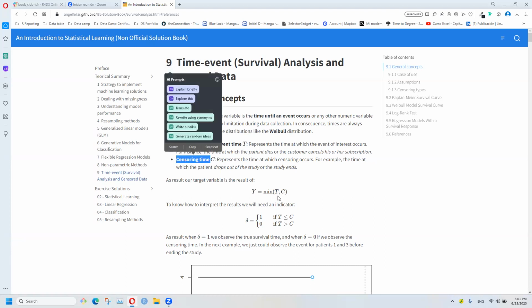For example, when you are studying churn, you have a limited time to know if a customer will churn or not. You just know if the customer churns before the study ends, so you will have an event time. Or you don't know, maybe the study ends before you can confirm if they churn or not,